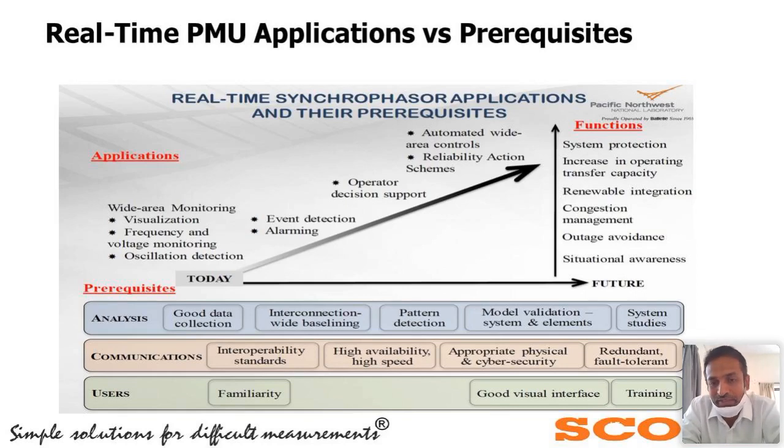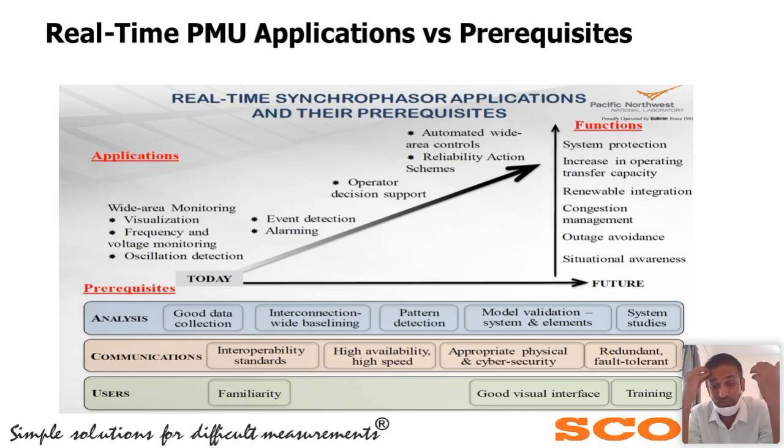So when it comes to the PMU, we don't have that much of a problem because you are connecting one end-to-end communication. Like one substation is connected by optical fiber, mostly people are using optical fiber. Optical fiber is connected from the substation to the PDC. So it is one-to-one communication. There is no third party interfering. It is only within your organization, within the loop network, that data is transmitting.